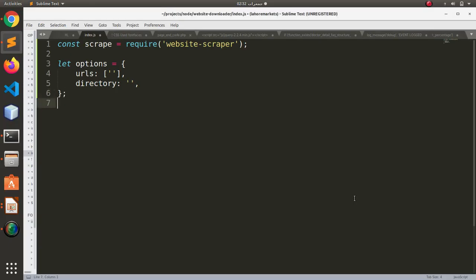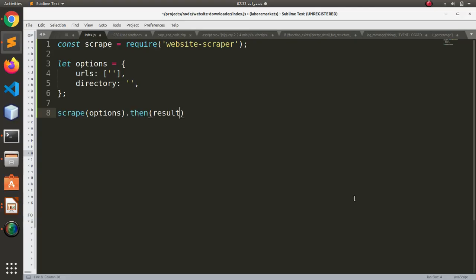So these are two important things that you want to provide to the Web Scrapper tool. Afterwards we want to